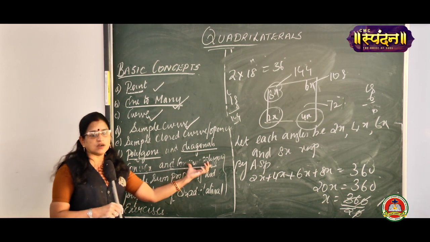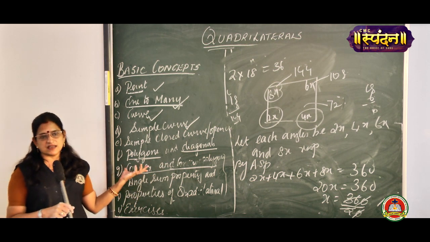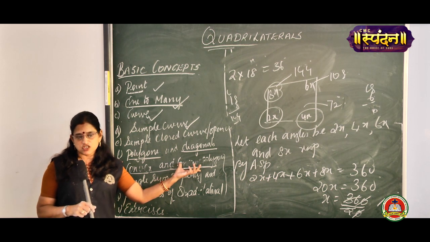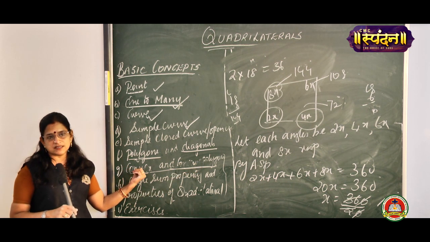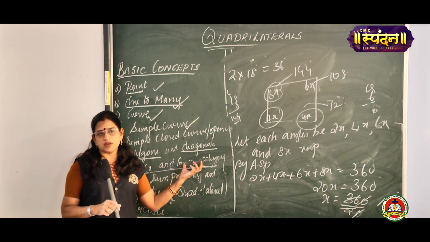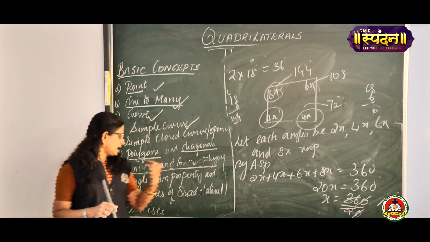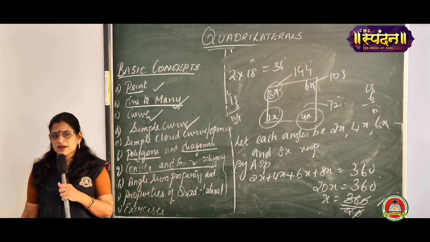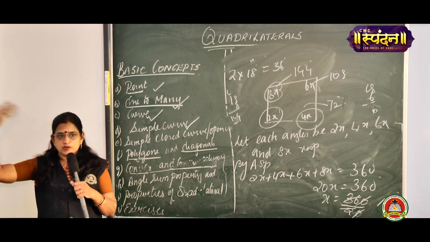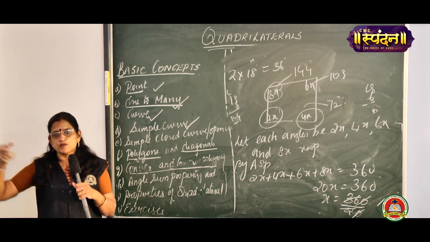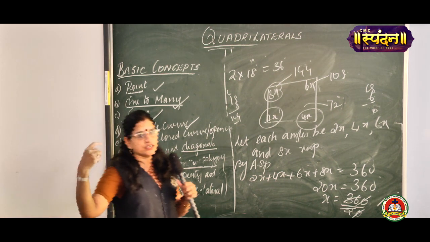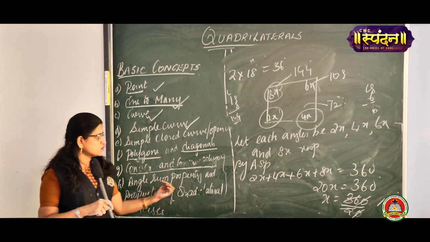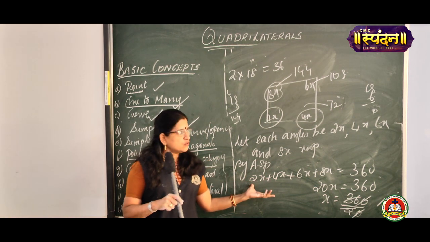Next is convex and concave polygon. Convex polygon, I said, is where the diagonals lie in the interior, and in a concave polygon we saw the diagonals lying in the exterior. And also in a convex polygon no angle is a reflex angle. In a concave polygon at least one angle will be a reflex angle. Next, angle sum property of a polygon. Angle sum property of a triangle, I showed how you got it as 180 degree. Using this triangle we proceeded to the n-sided polygon, the general formula we derived, that is n minus 2 into 180 degree. Next, we saw exercises based on the angle sum properties of a quadrilateral.